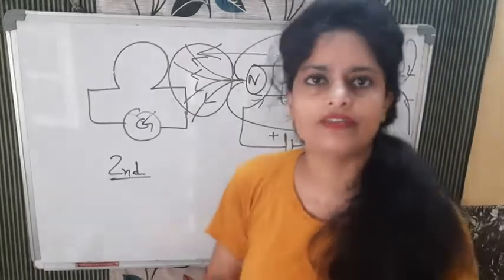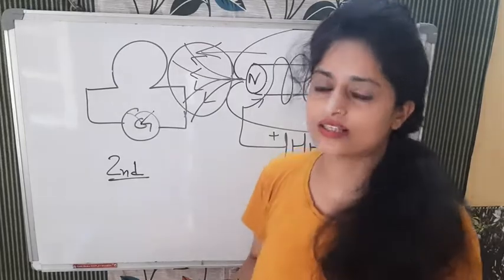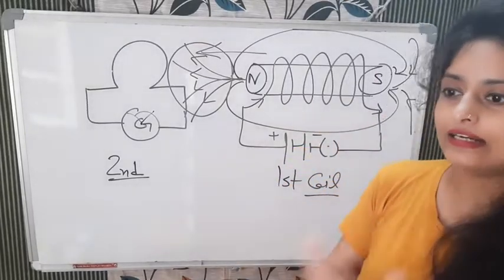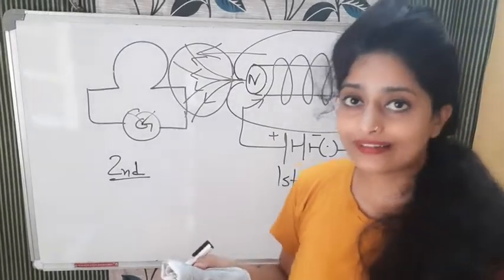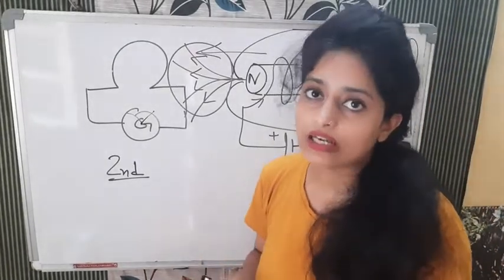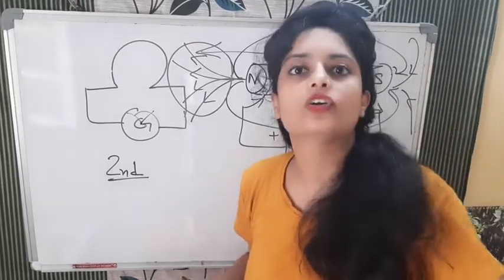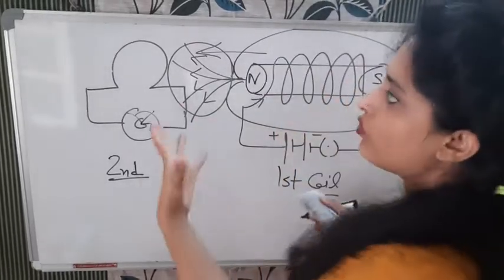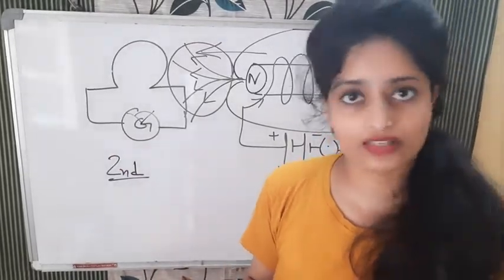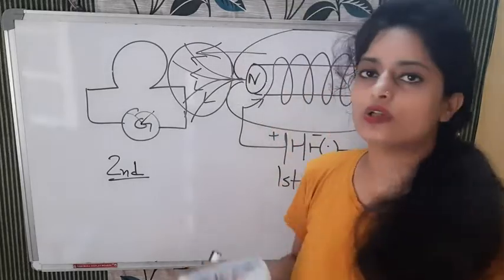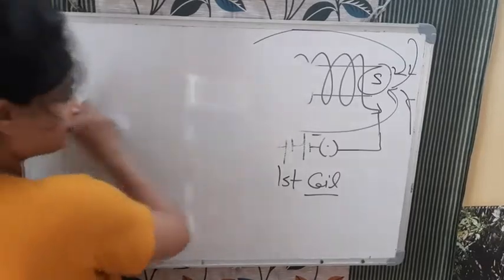From both the experiments, one thing is very clear, that there should be a change in magnetic flux. Magnetic flux means what? Either it can change magnetic field lines or it can change area or the angle between them. So when there is a change in magnetic flux, there will be current induced. Condition is what? Coil should be closed. And till what time will the current be there? Till the time magnetic flux is changing. जैसे magnetic flux में change होना बंद हुआ, induced current will also stop. Okay. So this was about the electromagnetic induction.